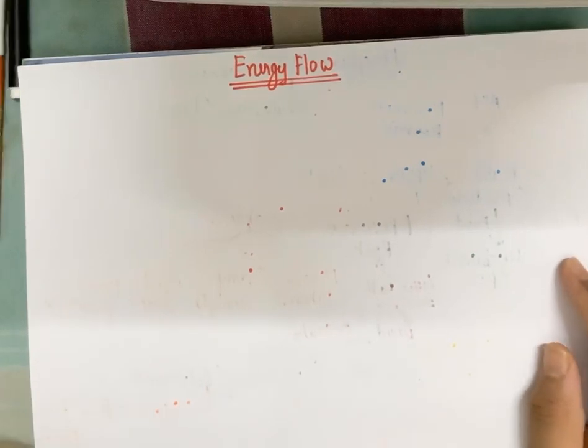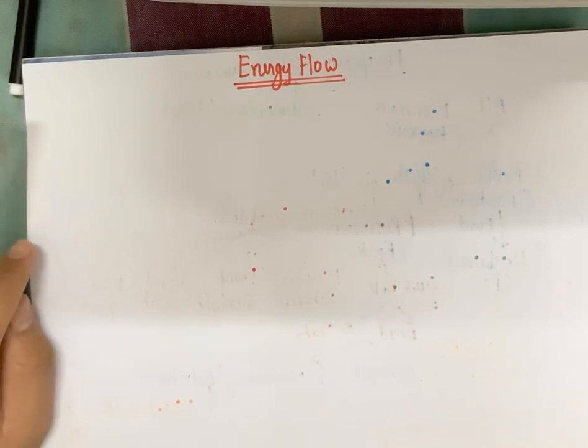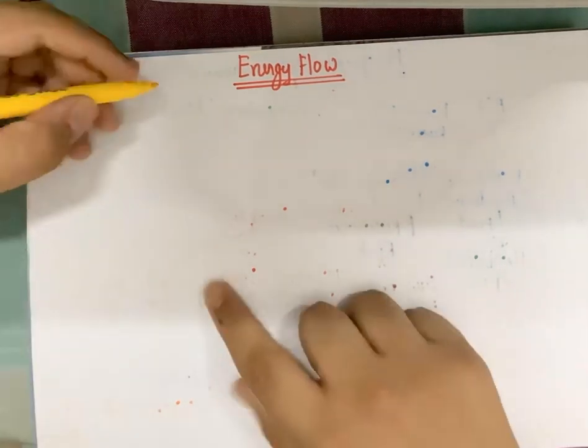When I talk about energy flow, I am basically meaning how energy is flowing through various trophic levels. Now what is a trophic level and what are the various trophic levels? We have already covered that in one of our videos on trophic levels and their classifications in the ecosystem chapter. You can view that in the playlist as well. Alright. So as we all should know, the ultimate source of energy of any ecosystem is the sun. Overall, energy comes from the sun only.